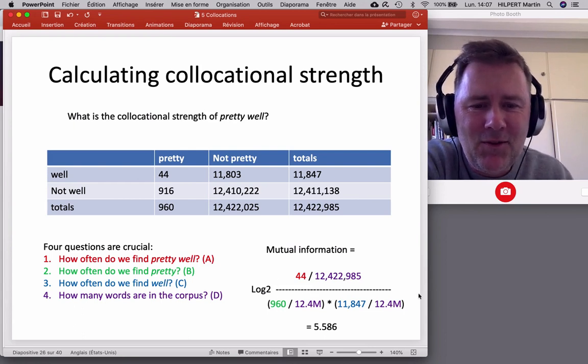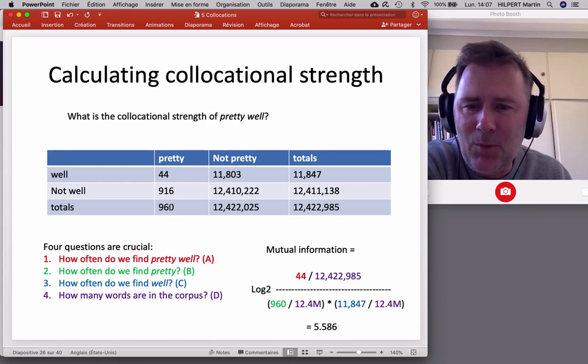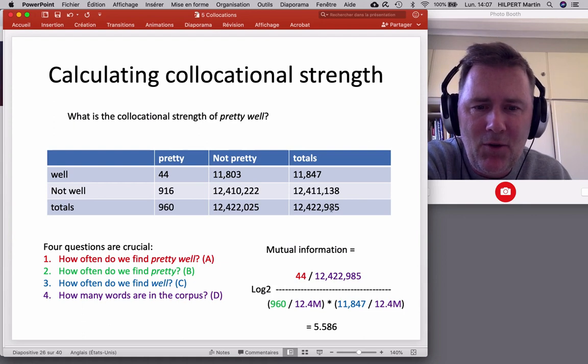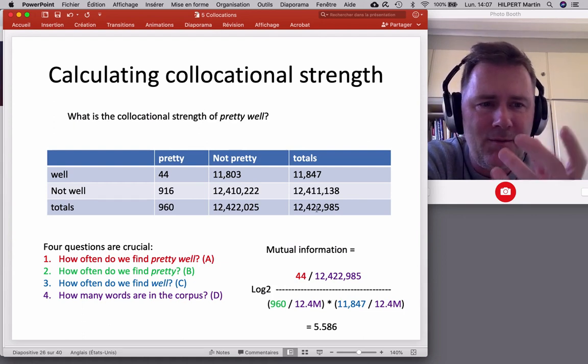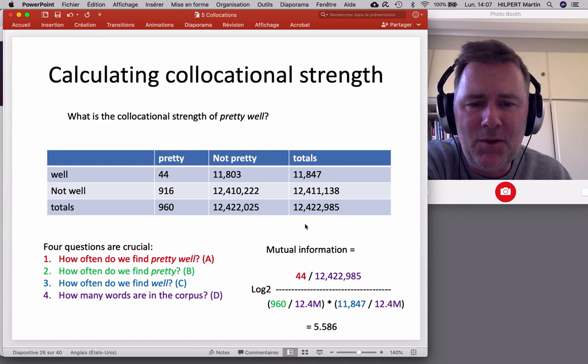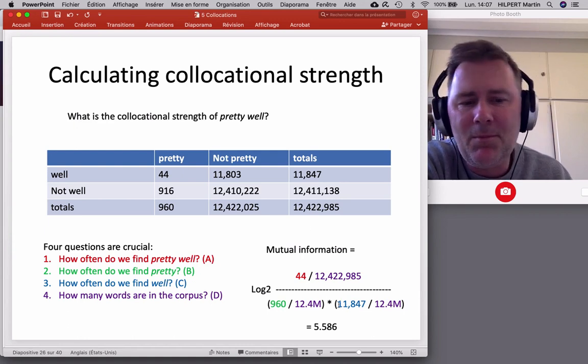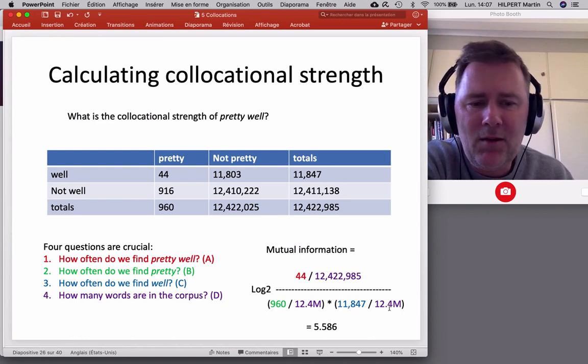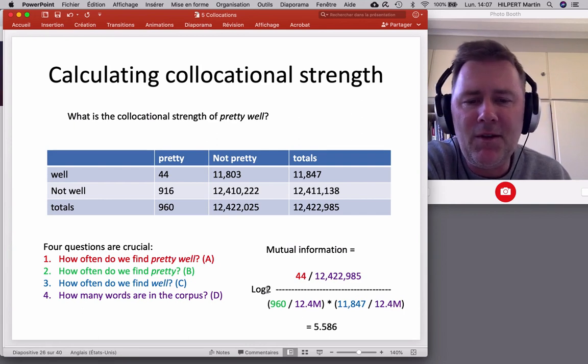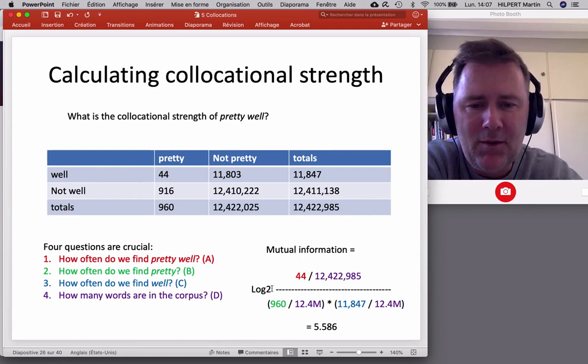And that value is further divided by the instances of pretty, 960, that's what we have here, divided by the whole figure of words in the corpus, and that multiplied by instances of well divided by all words in the corpus. And if you plug in all these numbers and then do the logarithmic function with the base 2,